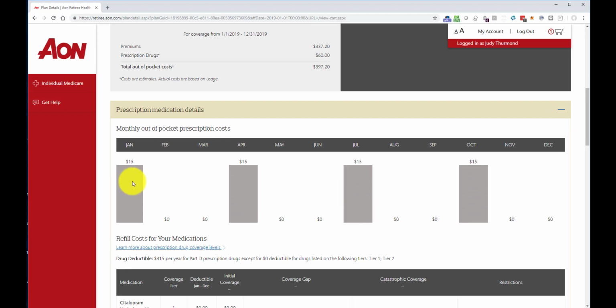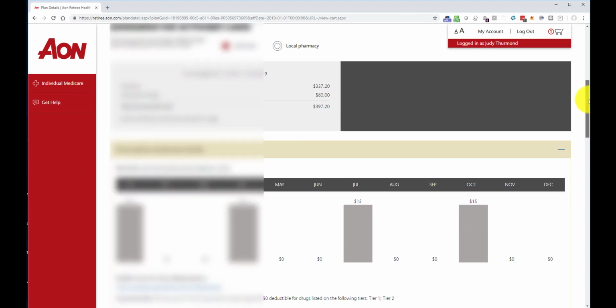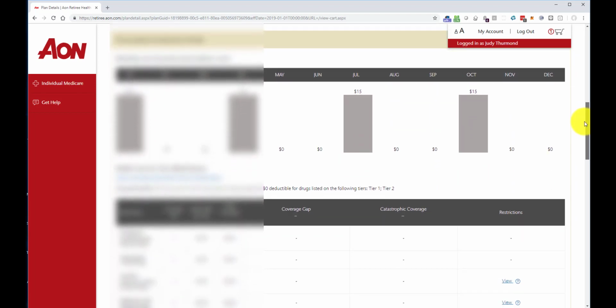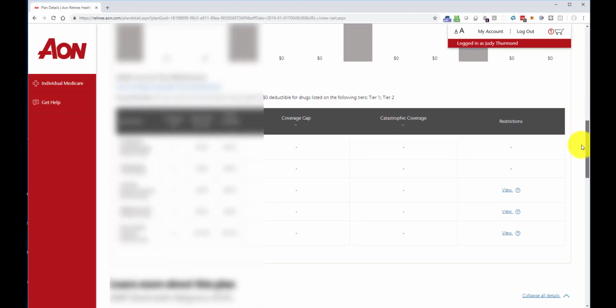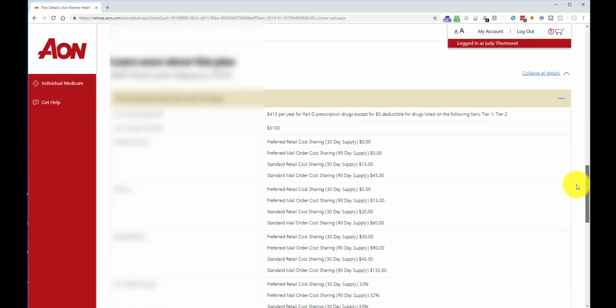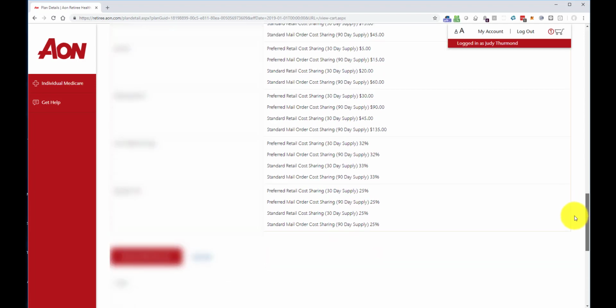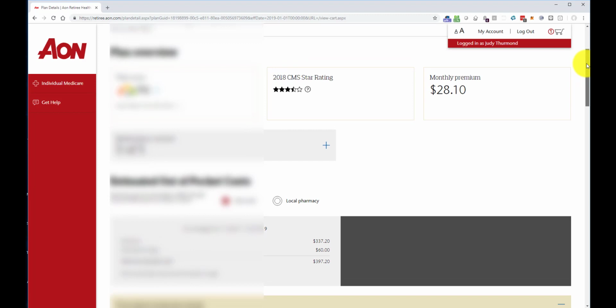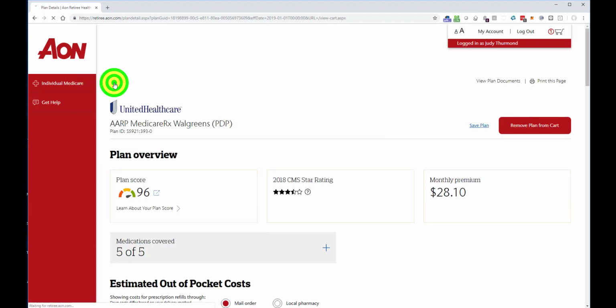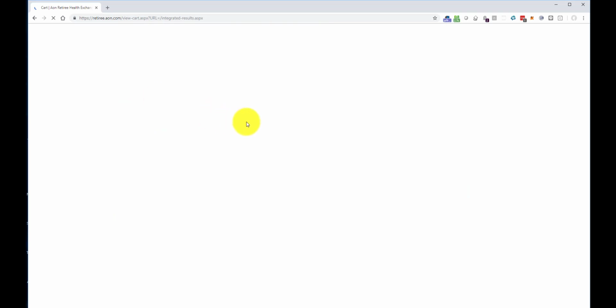It just kind of breaks it down for you, the out-of-pocket costs and expenses. Mom's plan is very minimal. She's paying essentially $15, looks like every 3 months here for her plan. And she'll have the premium on top of that. Anyway, you can look through this, and it just gives you a lot of extra information on the plan itself. So we're good there. We're going to go back here, go to the back button, to the cart. We're going to go back to the shopping cart,